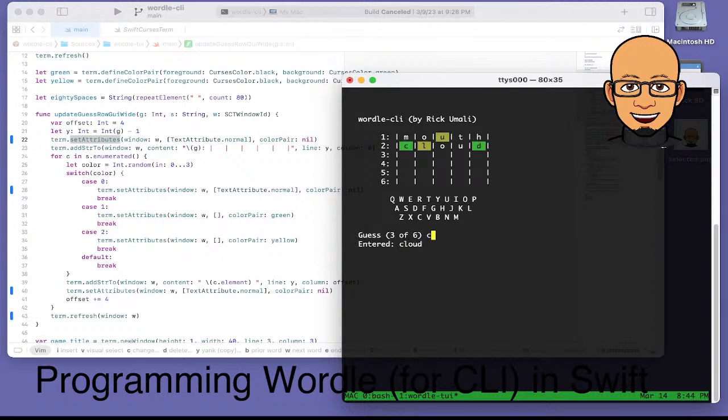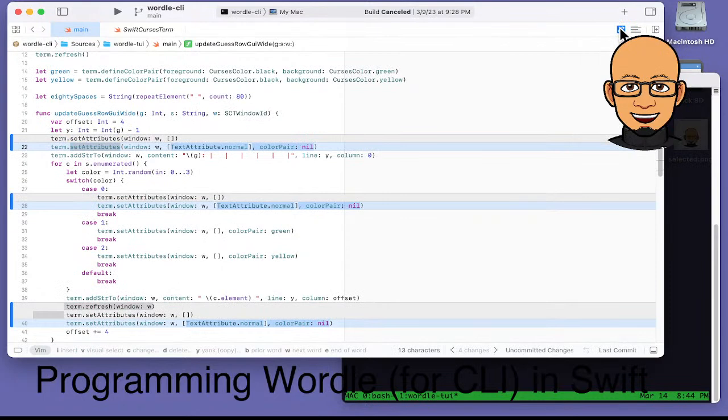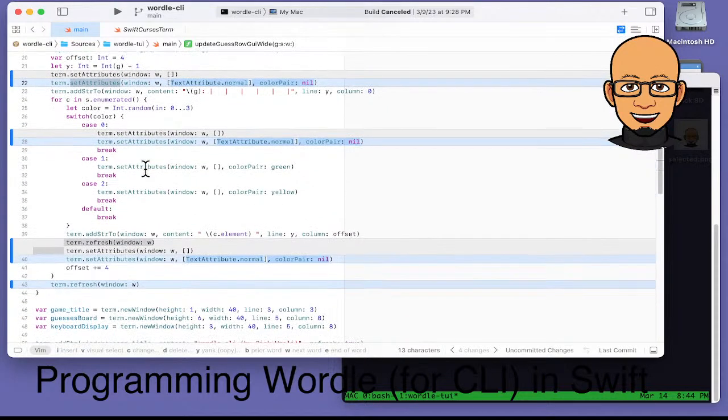Now it looks correct. And the key was, I'm going to actually use this feature in Xcode, the code review. The key was that this area here,